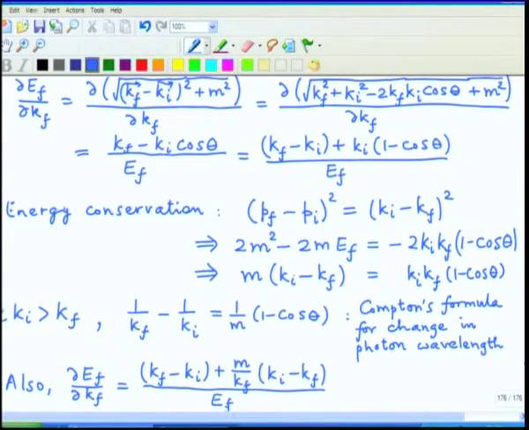And this well can be simplified. You need a factor of 1. So, this is m minus E_f. I have to subtract out basically 1 which I do not want, plus m by k_f